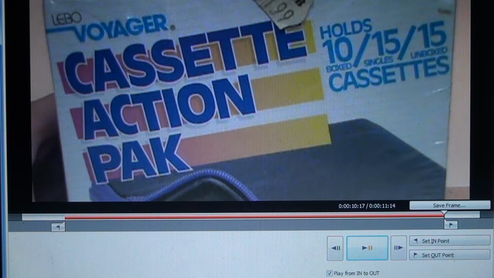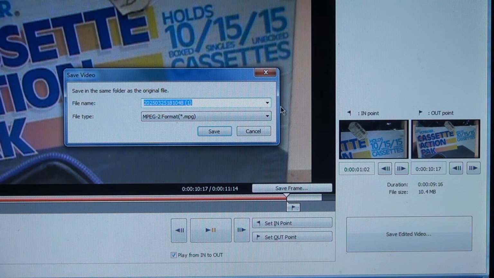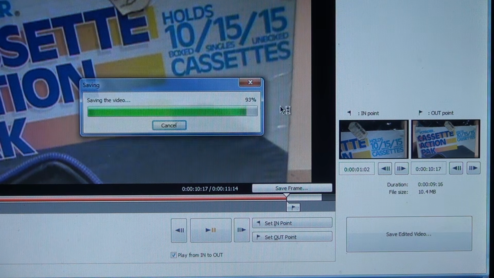And that's perfect. Then you just go over here and click on Save Edited Video, and you can give it a name. And since this is the first clip in the overview, which is the first scene in the video, what I like to name it is first the number of the scene, so 1, and then the name of the scene, Overview, and then the number of the clip within that scene, 01. And that's saving it.